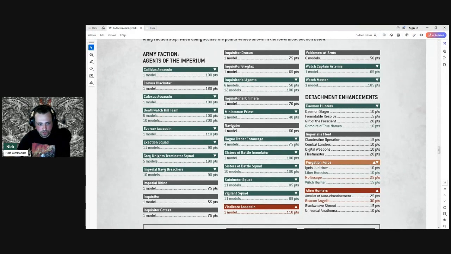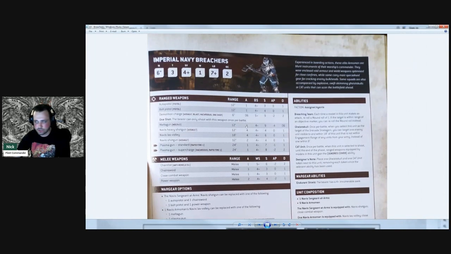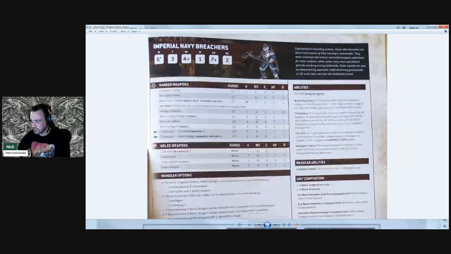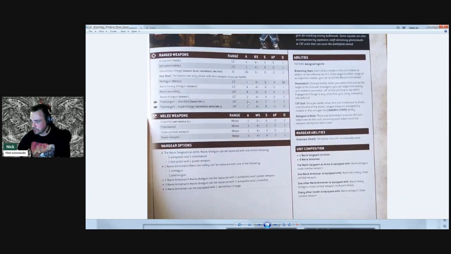Here's some of the points. All right. So the Imperial Navy breachers, these are probably my favorite. Aside from the assassins that we just talked about, these are just phenomenal. So these are essentially guardsmen, 4-up save, 2-up OC. These are 90 points. So looking at some of the wargear is good, and then the abilities are even